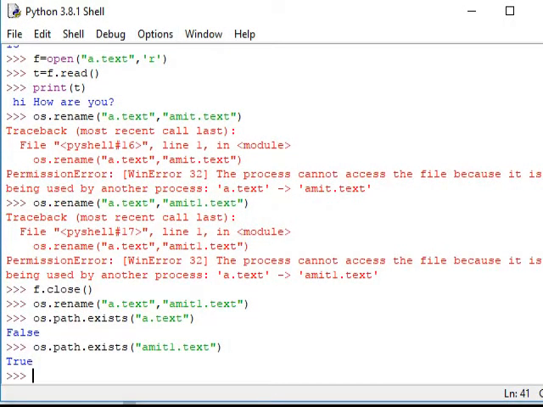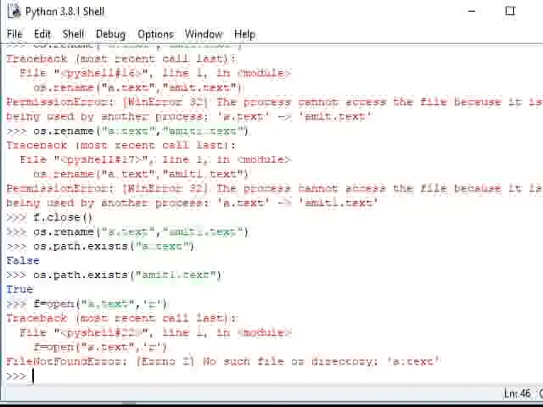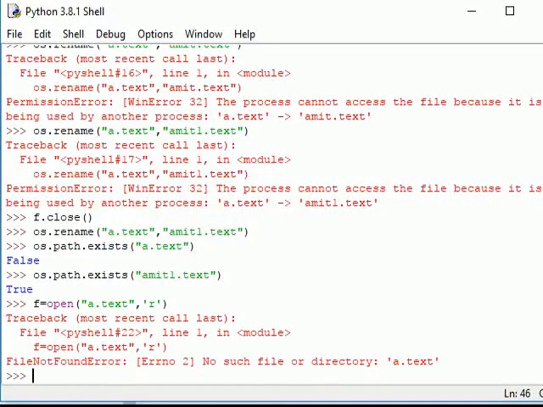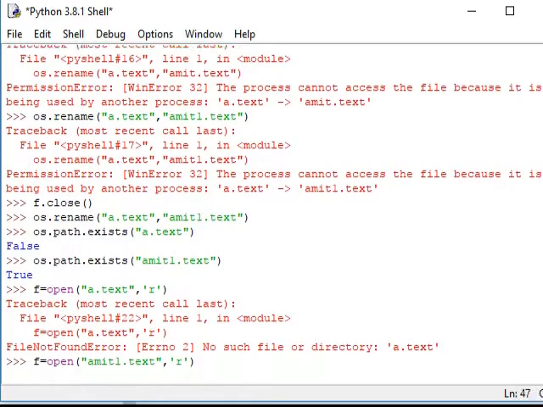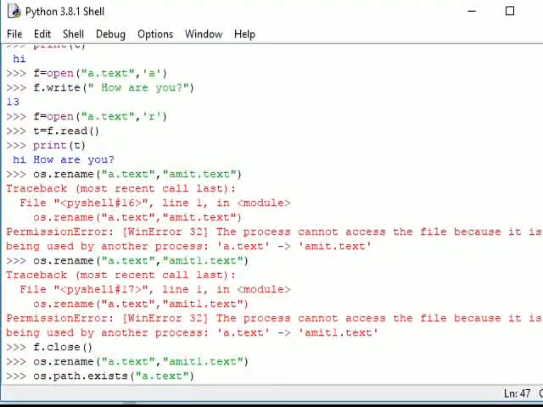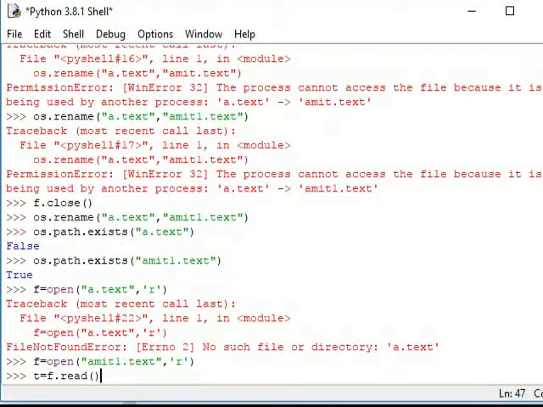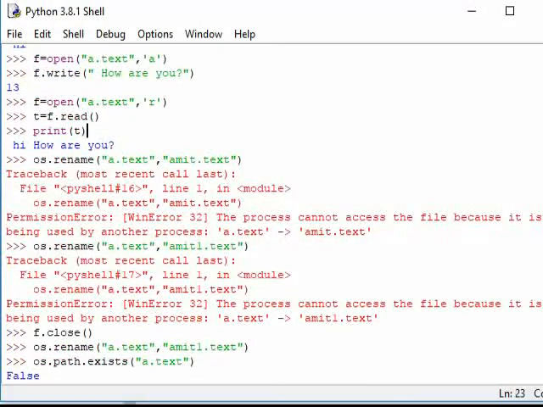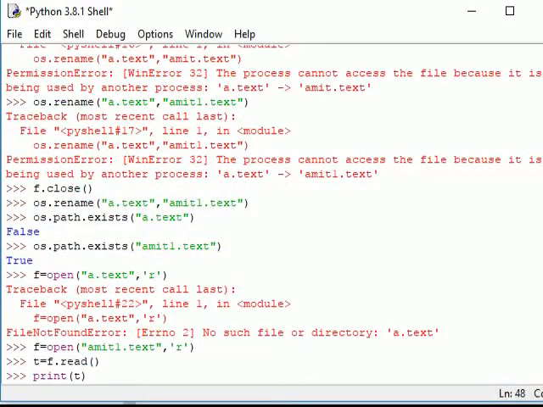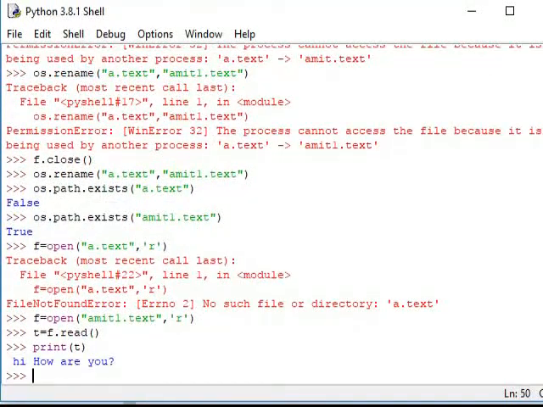I have to follow these commands. Okay, the file name doesn't exist, I have to change the name as well. Then I need to read that part, then print that part. So I have changed the file.